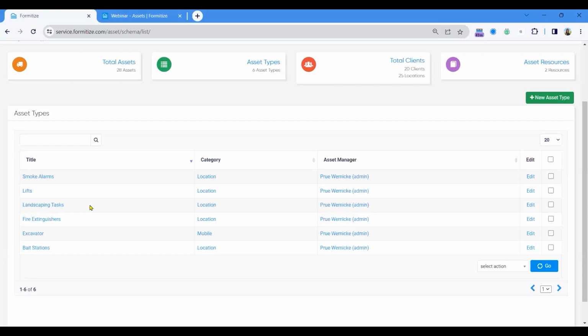It's all there in front of you in the form and ready to go. The other option that we have here is our mobile assets. So these are used for internal equipment that the business uses or manages. So for example, you could set up vehicles or tools and equipment as a mobile asset, and you can also